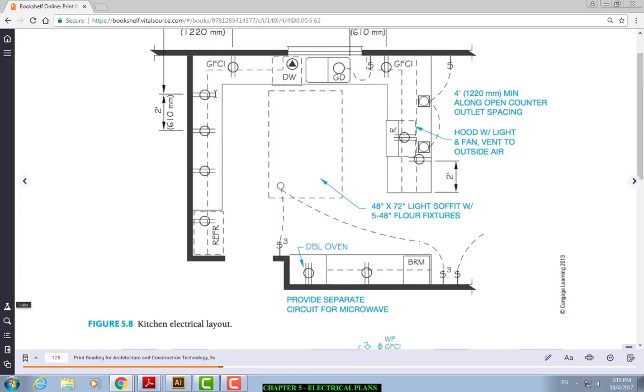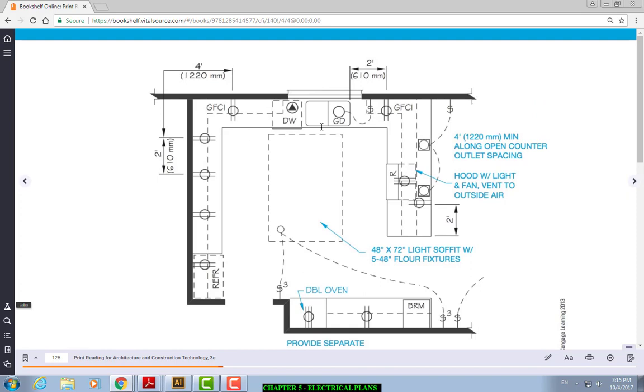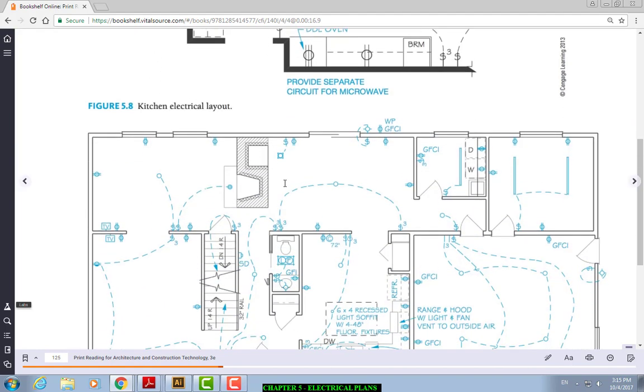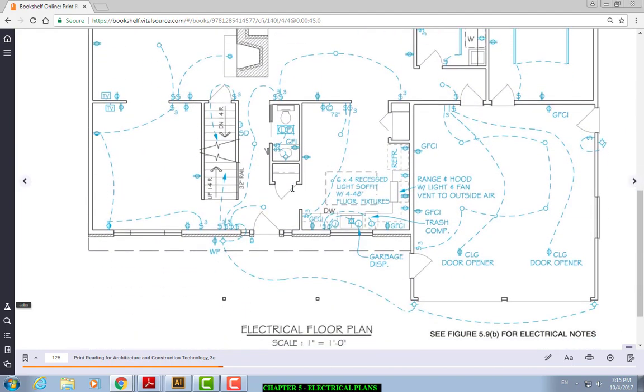Again, here are more samples on a kitchen, and all of these represent an actual fixture in the electrical plan. Right here, you have some more. You have some switches here. You look at it, and you walk into this house. The switches are on the left. There's a switch that turns on this light here, that light on the garage, one side of the garage, and the other light of the garage. So these ceiling lights tell you what it is that you're going to